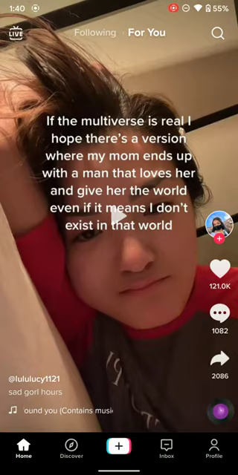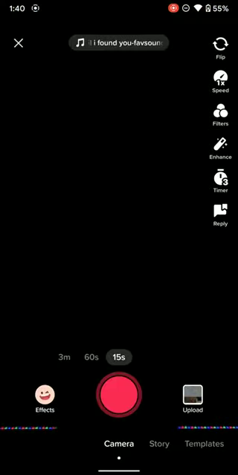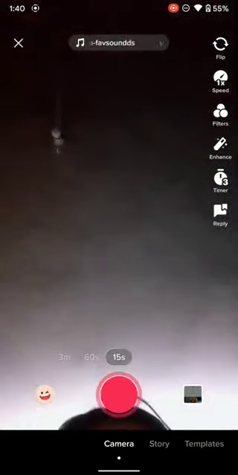and you can just make the video by talking also, or go back and go to the sound. Use this sound and the voiceover option, and you can use your voice on TikTok